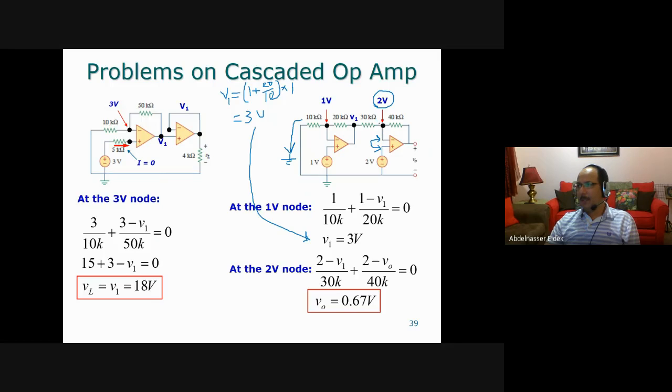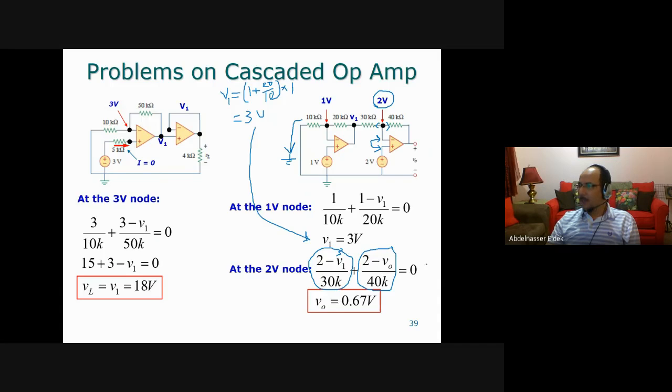Then you apply nodal analysis here. This current plus this current equals 0. The first current is (2 minus V1) divided by 30K. And the second current is (2 minus VO) divided by 40K. Then this is very easy to solve because V1 is already 3. We know that V1 is 3 volt. And then you can solve this equation in one unknown, which is VO. You can find that VO equals